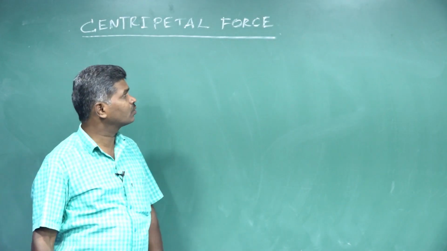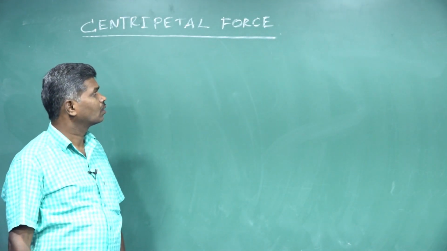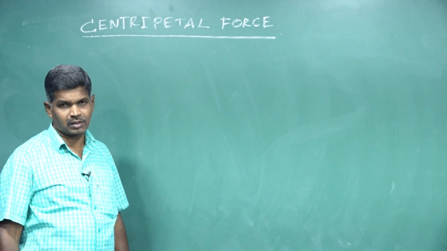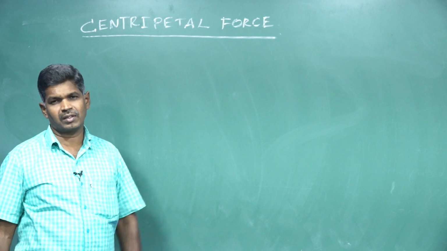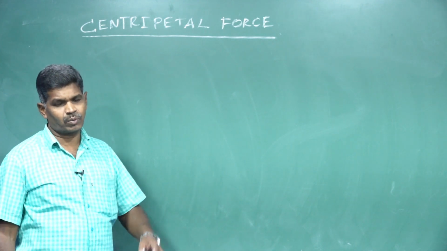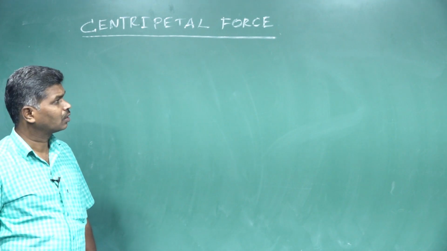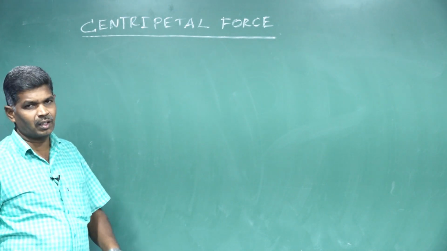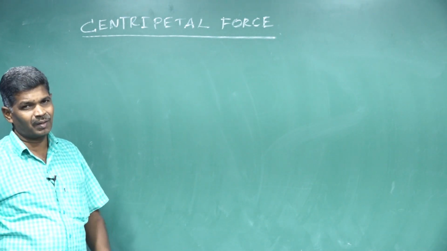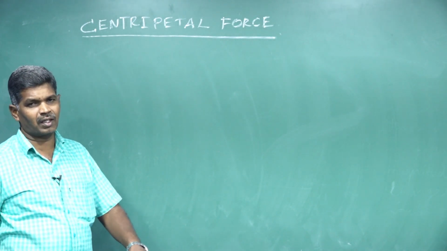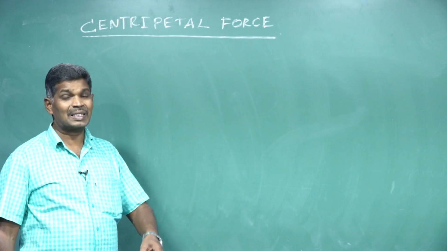Next we are going to see about the centripetal force: where the centripetal force is acting, and which force is called the centripetal force. When the particle moves in a circular path,